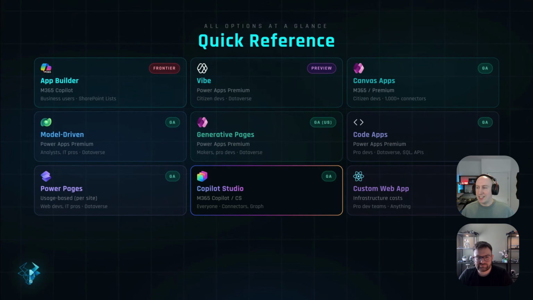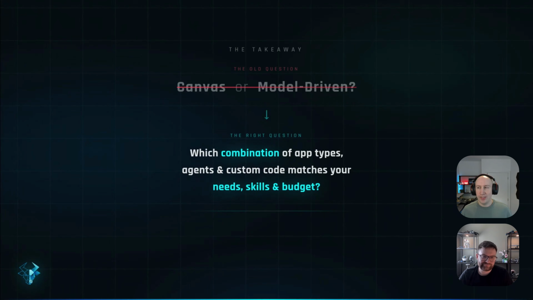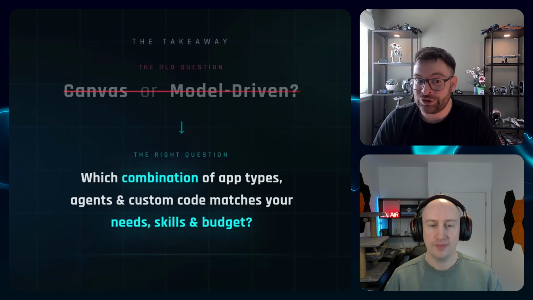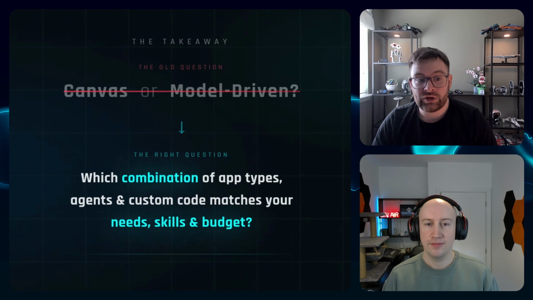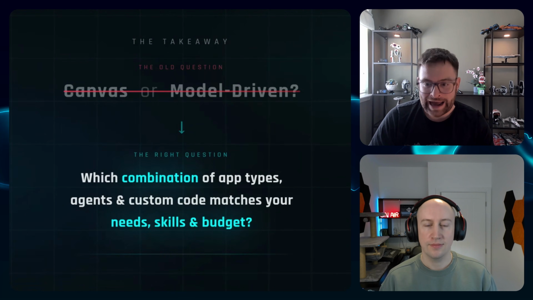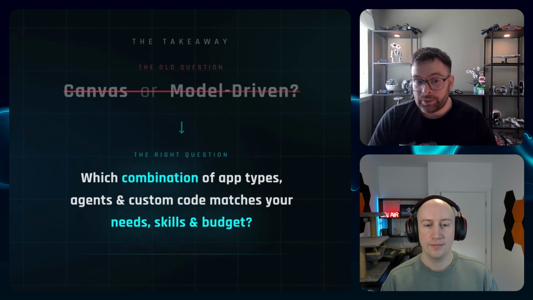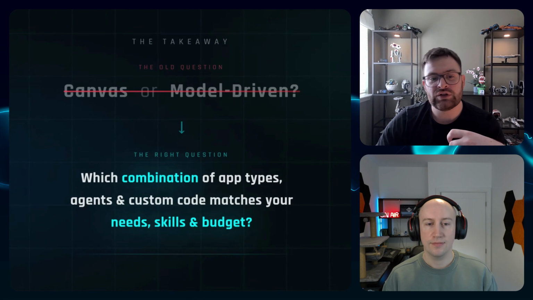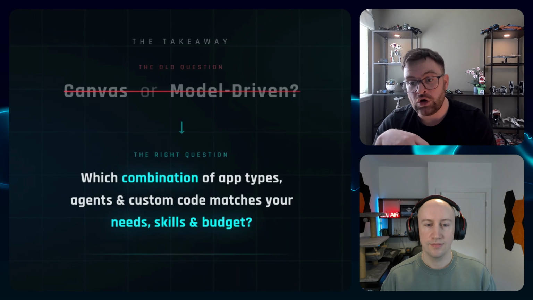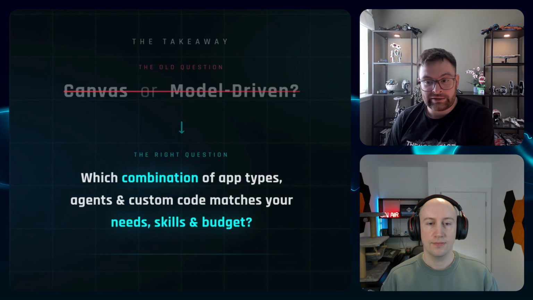So Josh, we've basically come to the point of saying it used to be Canvas or model driven. Now, what is our question? How do we figure this out? Yeah, the question's a really nuanced one, isn't it? Because it is no longer canvas or model driven. It's more around what combination of licensing, what type of app, what skills do I need to build this? What is the problem I'm trying to solve? There's a lot more questions and decisions that we need to make to try and figure out the best tool for the job. It's not a new concept per se, but